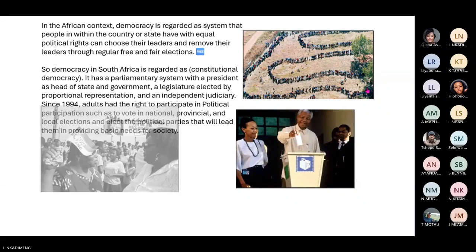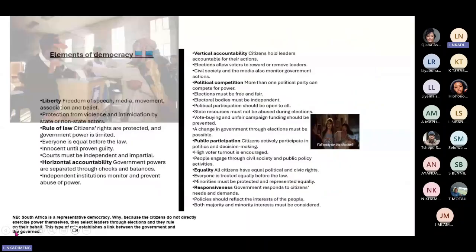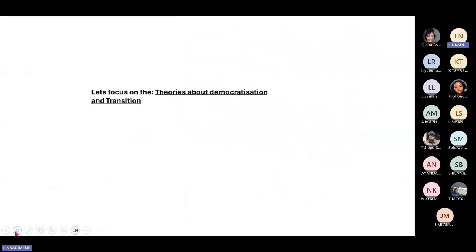So now we need the political mind in this regard. Why does the 10% own the means of production? Eh, so yeah, I don't know. Since I don't see any hand, I think we can just proceed on the theories about